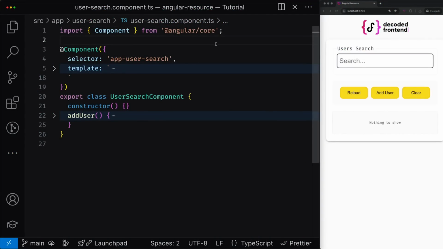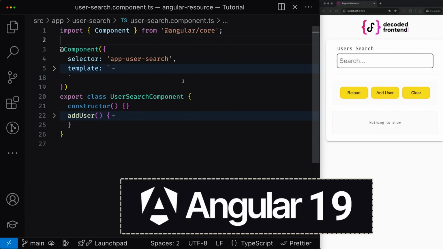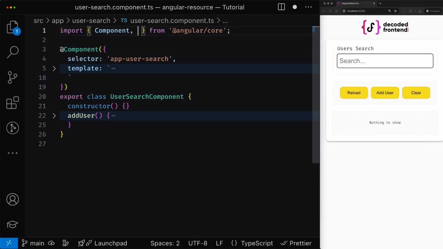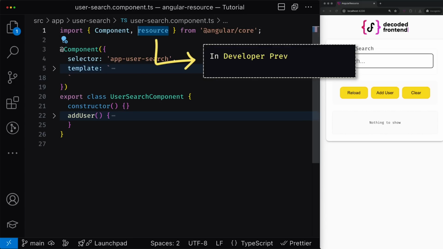Before we get started, I just wanted to mention that everything you will see in this video is related to Angular 19, so make sure that you updated your project to this exact version, and once you have done it, you will be able to import the brand new function called resource from the Angular core. Please also keep in mind that in Angular 19, the resource function is in developer preview mode, which means that it is not ready for production. It might change in the future, and it was exposed just to let you play with it and provide feedback